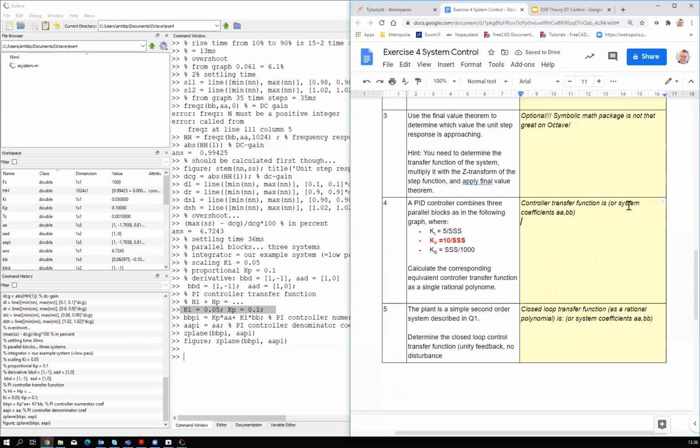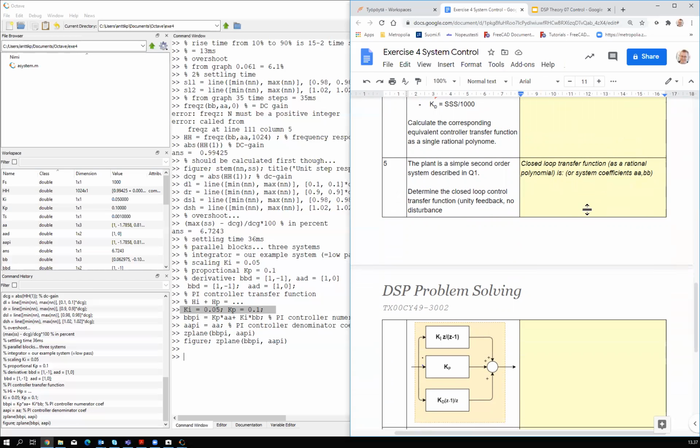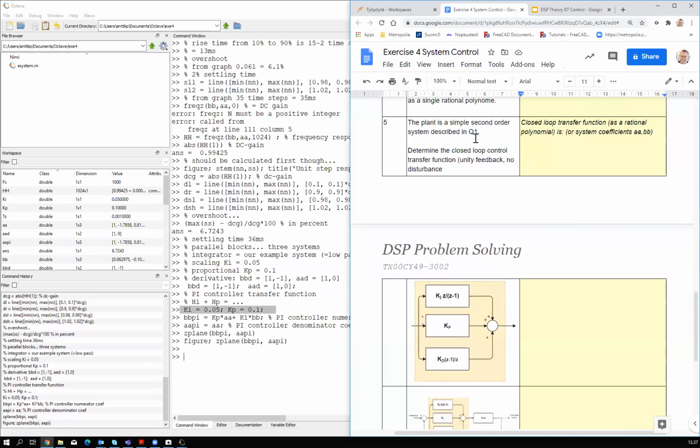It's exactly the same thing. The coefficients A and B, or B and A, whatever, as long as you use those the right way. System coefficients A and B, what are those? That defines the transfer function. If you want to, there are some tools to have a nice plot of the transfer function. At least in MATLAB, you can have a really nice LaTeX script to produce the real formula for the transfer function. It looks nicer. Okay. And the plant was a simple second order system here, and then